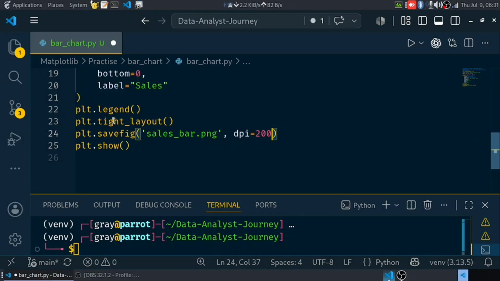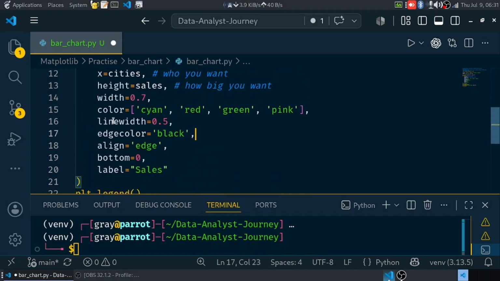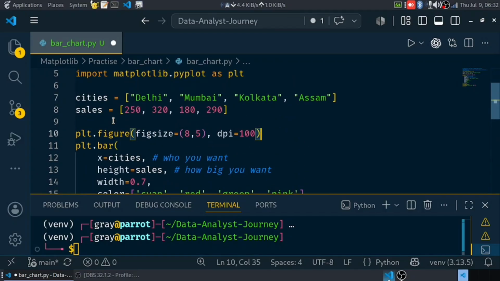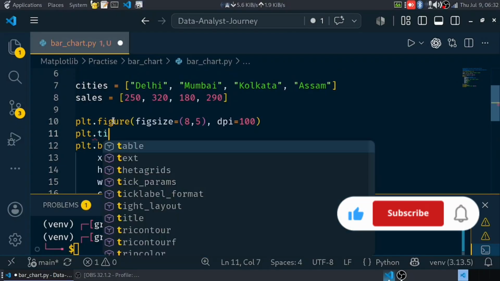By the way, this DPI thing and all has been discussed in my previous video. So if you are confused about what DPI and tight layout are, you may refer to the previous video. We can have plt.title,